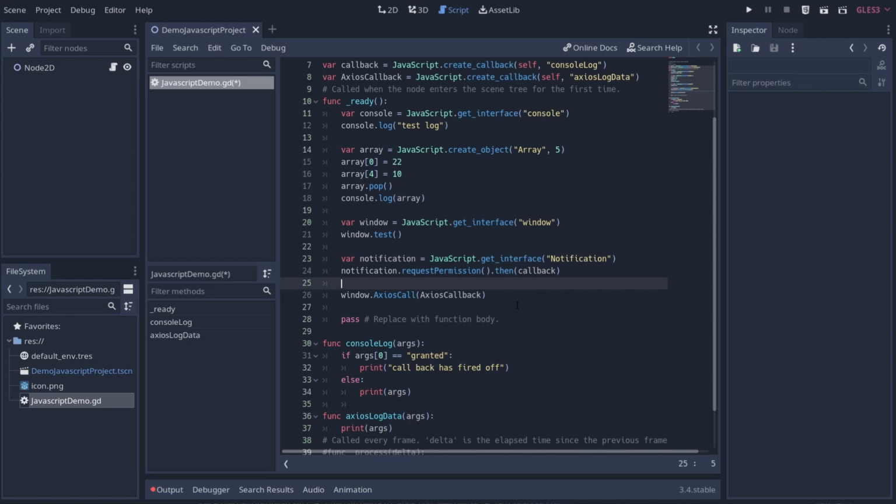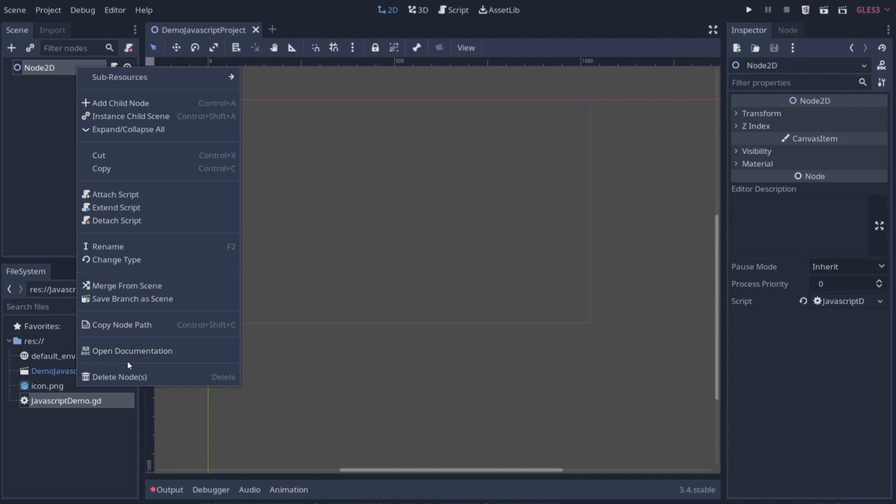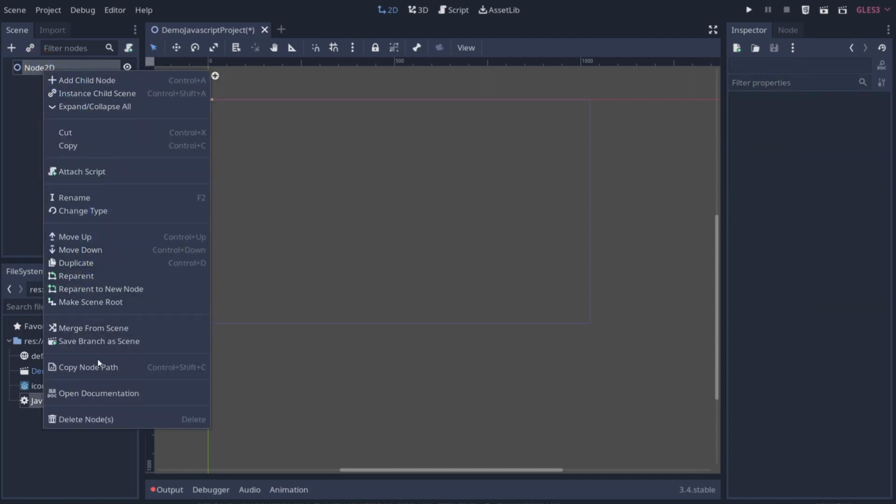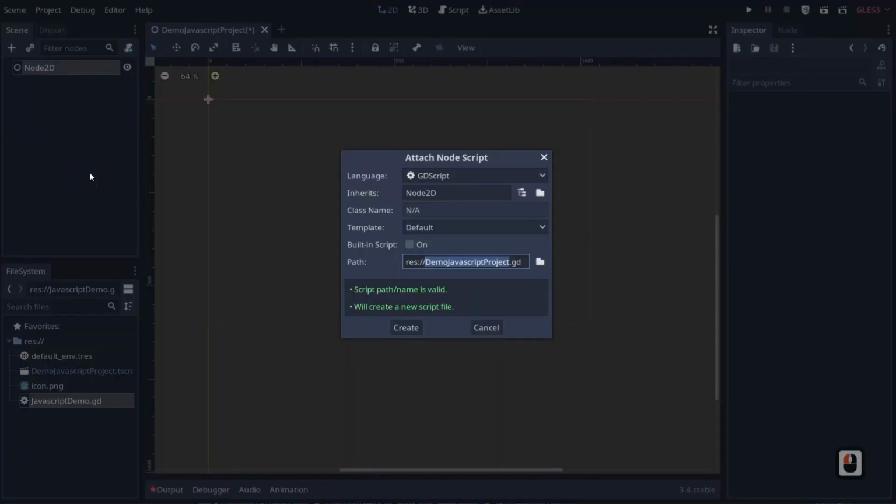So the last thing that I have for you guys is how to upload and download data. I'm kind of using this as like a culmination of what we've learned, so that way we can actually put this and make something useful, right? So let's go ahead and get rid of this script here, and we'll go ahead and add in a new one. So I'm going to go ahead and detach the script. I'm going to right click and I'm going to go ahead and attach a new one, and we're going to call it